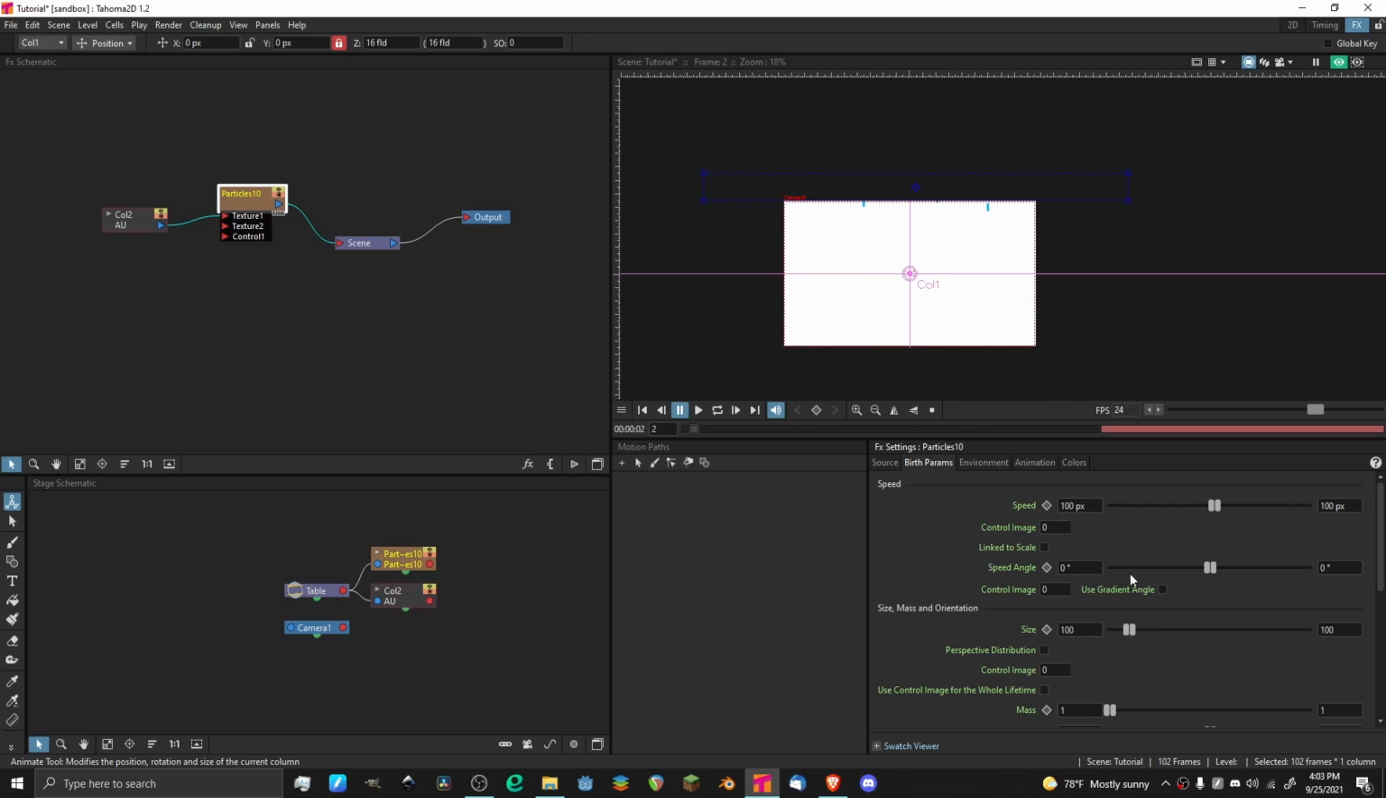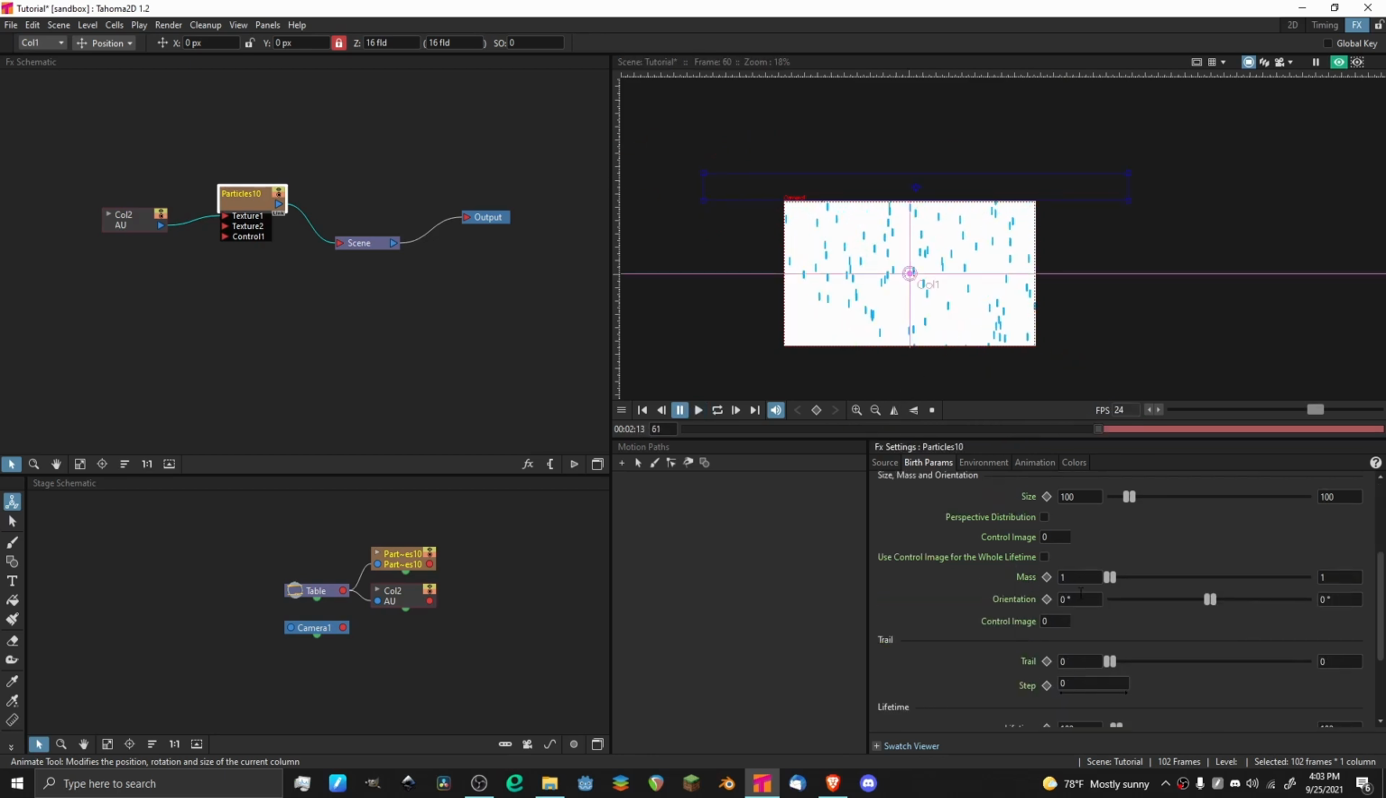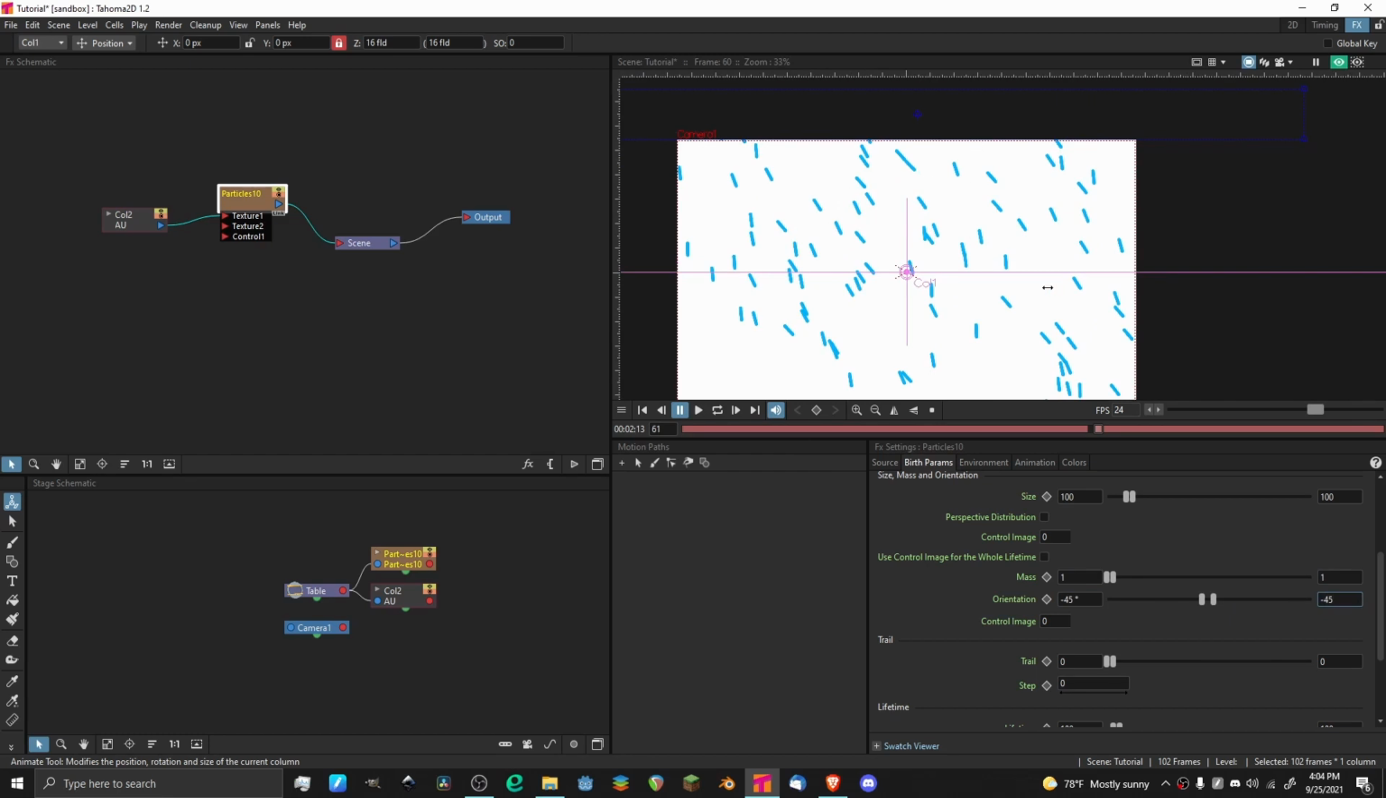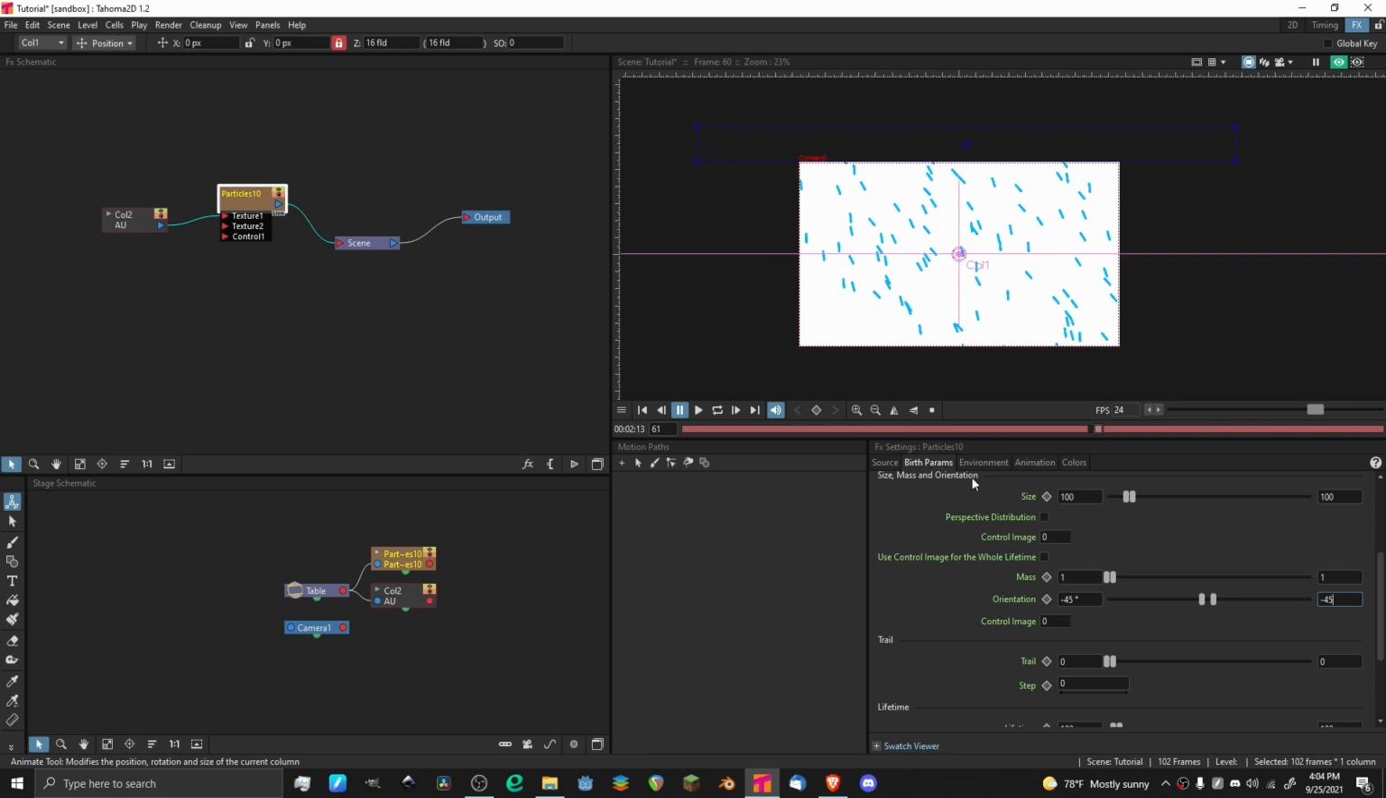So I'm going to go to speed angle and change this here to a 45-degree angle. So it kind of comes from the top left and goes this way, kind of diagonal. And then we're going to go by orientation and change this not to positive 45, but negative 45. So it looks like that. And we're also going to come over here, change this also to negative 45, so we don't get this effect of some lines being straight and some lines being crooked. So negative 45, click off, and